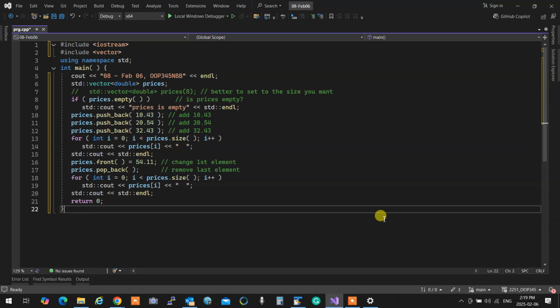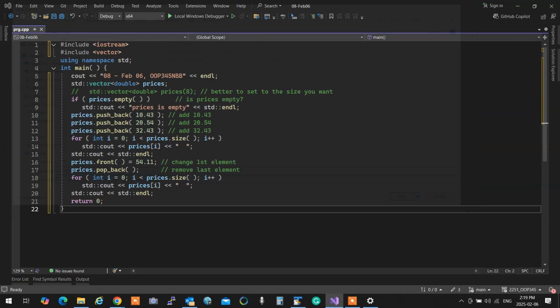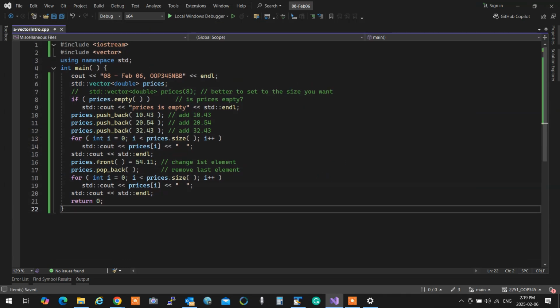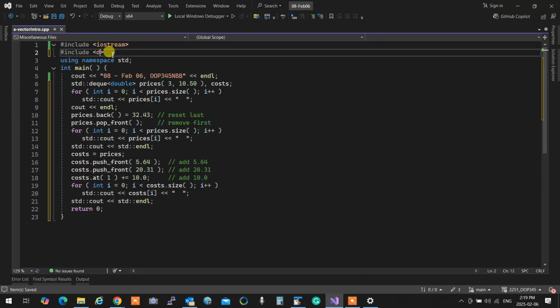So we can use the exact same thing as we did for vectors, but we can use a deque instead.